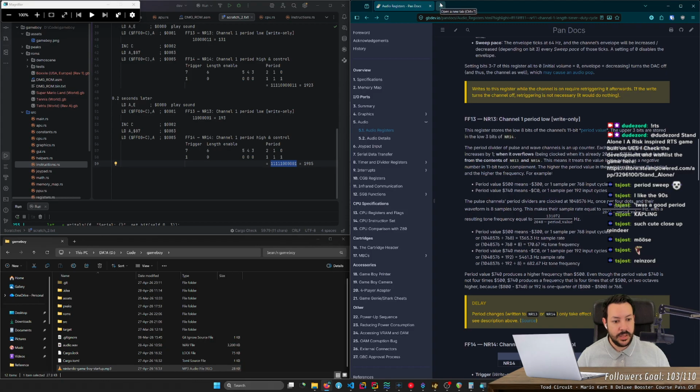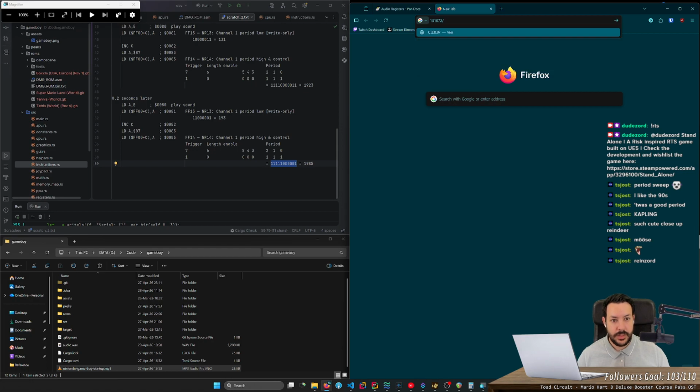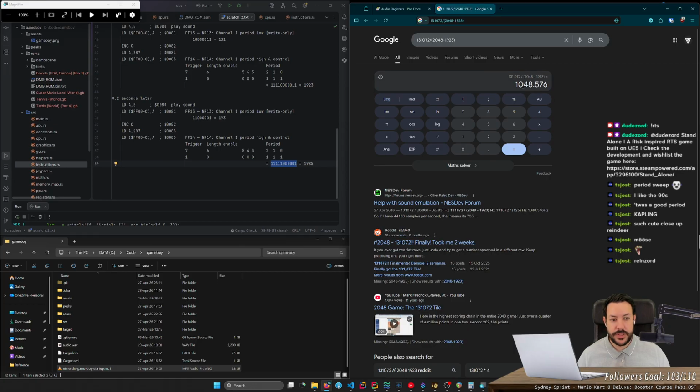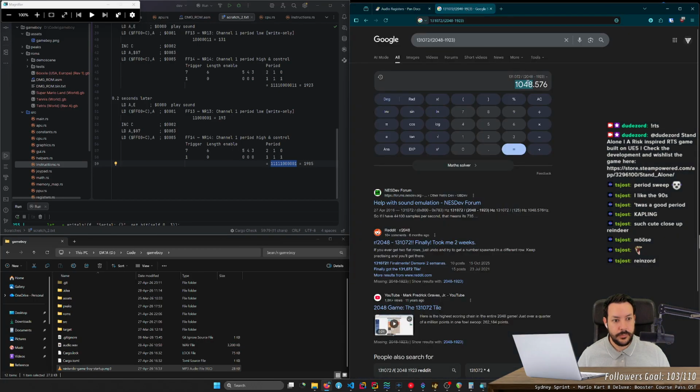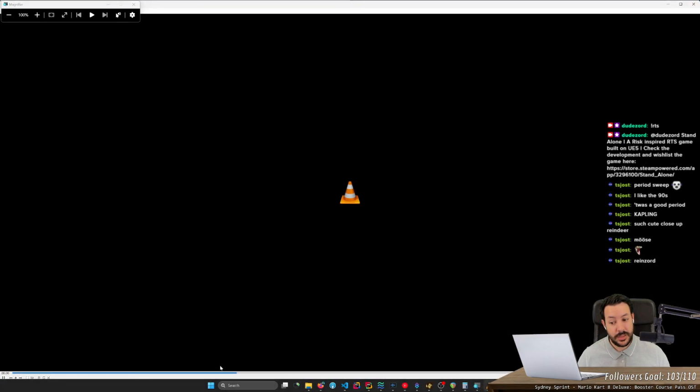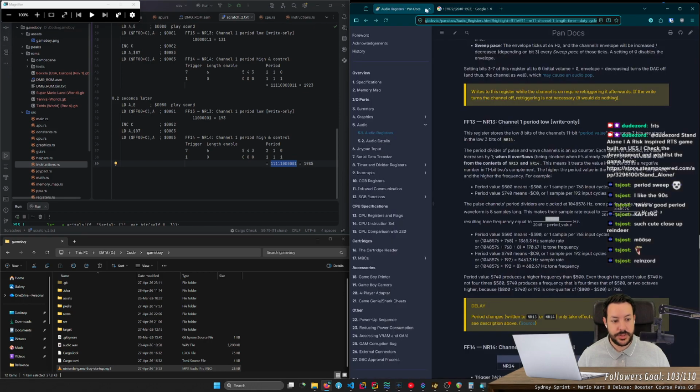Okay, I see. Okay, so the frequency is going to be this number divided by 2048 minus 923. Okay, so the first pitch, or the first sound, the first ping, should start at 1048 Hertz.